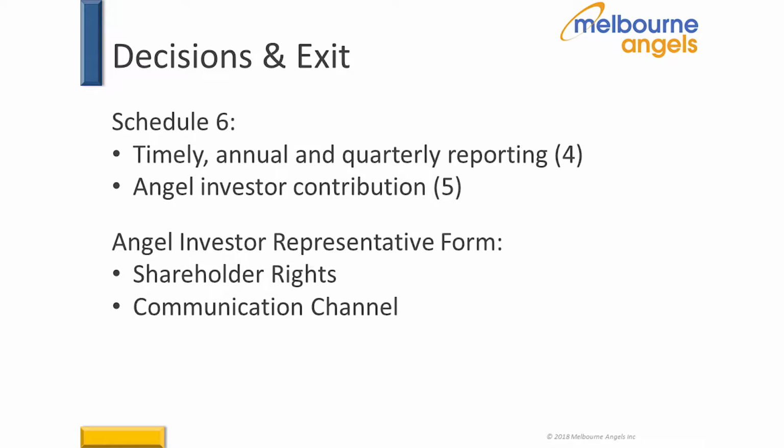Schedule 6 is about information rights and access rights. So when it comes to decision making, as I discussed earlier, having good, timely information is essential if you want to have good decision making. So us getting reports is important for us, but it's also important that we know that the company has generated that information, because then we know the company has that information to make decisions. So it's not just about us receiving the report, it's about the whole process. Again, it's about the principle of understanding that everything that we're doing is designed to make the company better able and better positioned to be well managed and successful.